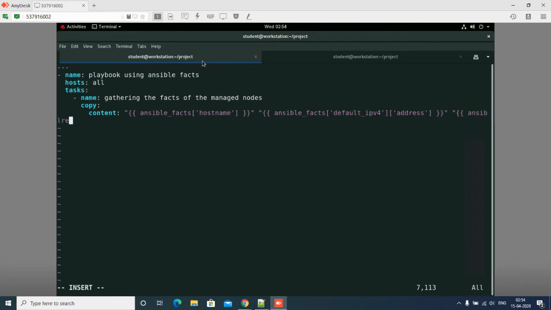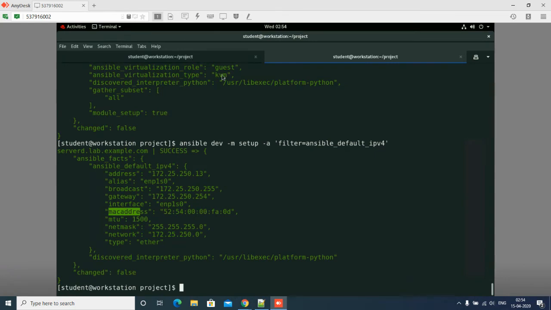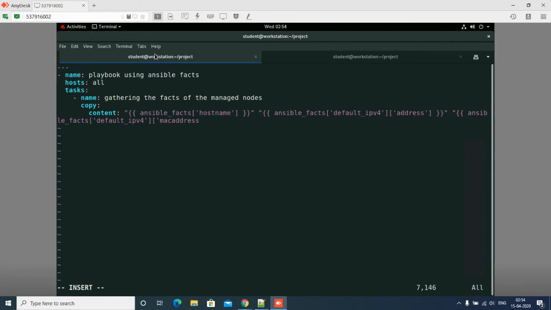I will say ansible_facts, inside that default_ipv4, and inside that what is my variable name? macaddress. I will copy this and paste it here. Now I have to close the parentheses and the quotes also.